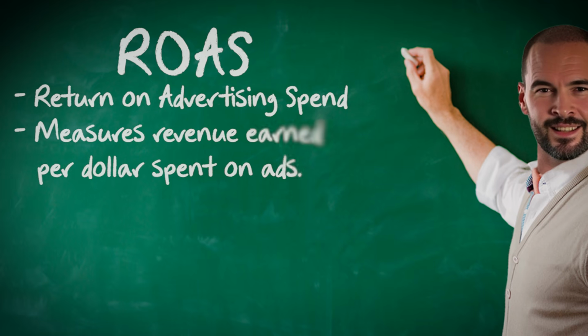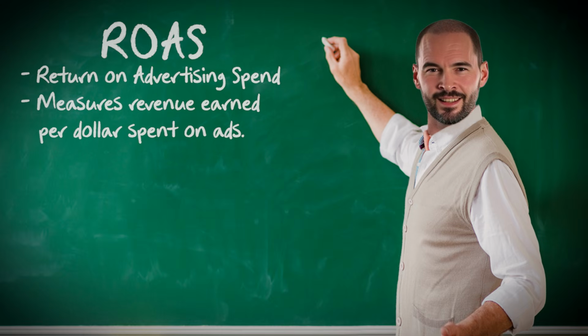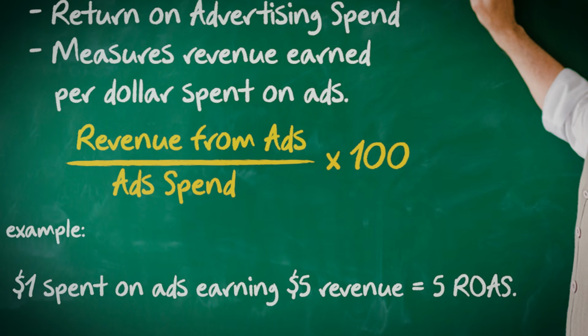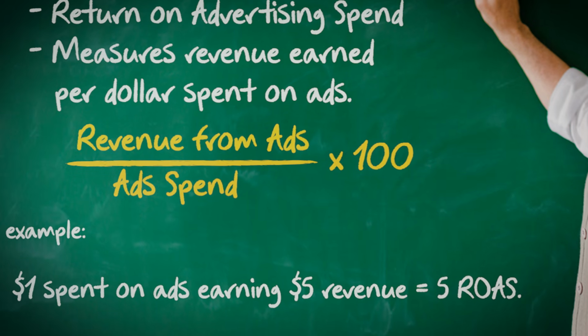ROAS is measured by, for every dollar you spend, what dollars you earn. So a ROAS of 4 or 5 means that for every dollar you spend in ads, you earn $5 or $6 in revenue. It's much less precise when COGS matter and profitability matters, and you're competing on Amazon, which is very price sensitive. This is why generally Amazon uses ACOS, because it's just a more precise metric. So what I'd recommend is go with 40%.